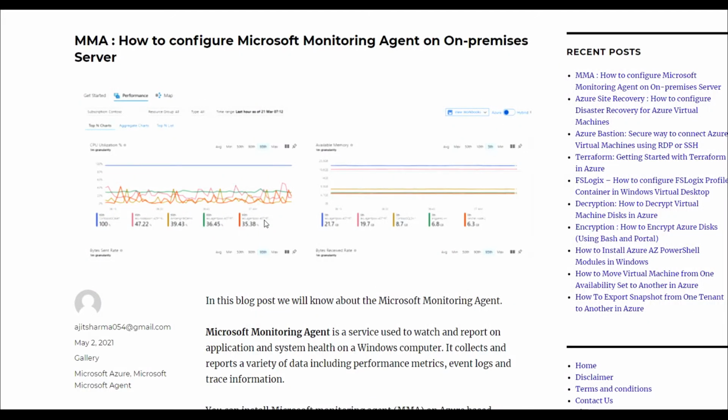This is Ajit Kumar and today we will discuss the topic Microsoft Monitoring Agent. So we all know that the Microsoft Monitoring Agent is required to connect our virtual machine with the Log Analytics workspace. Basically, whenever you are deploying any new VM in Azure, there is no need to manually install the Microsoft Monitoring Agent. However, whenever you